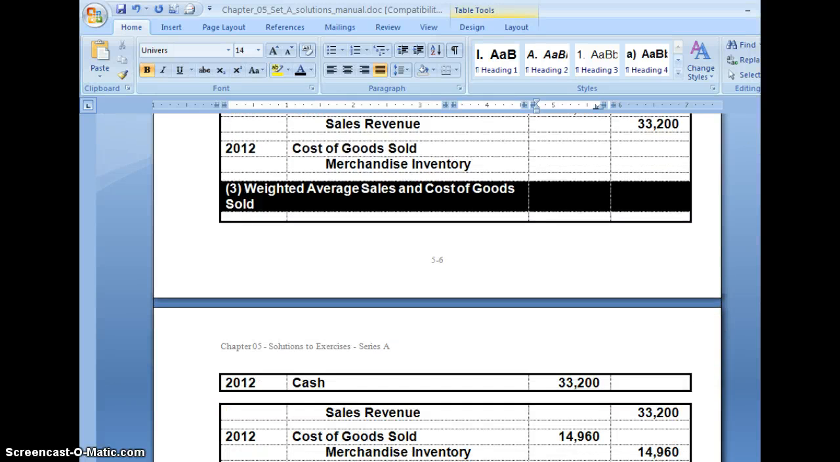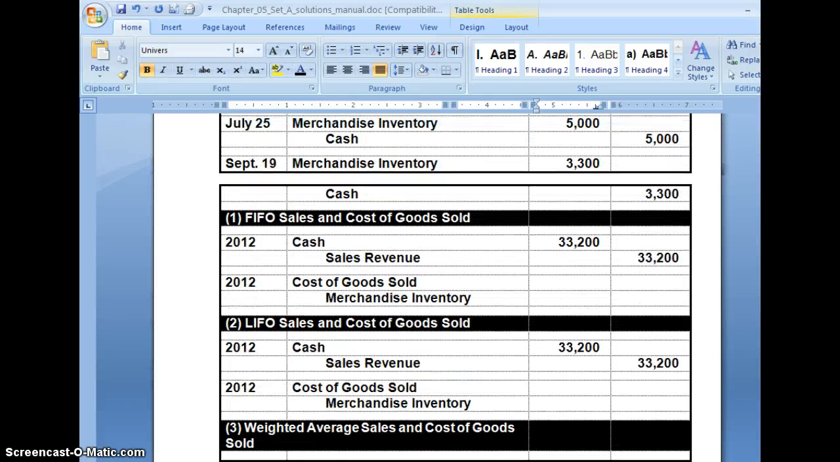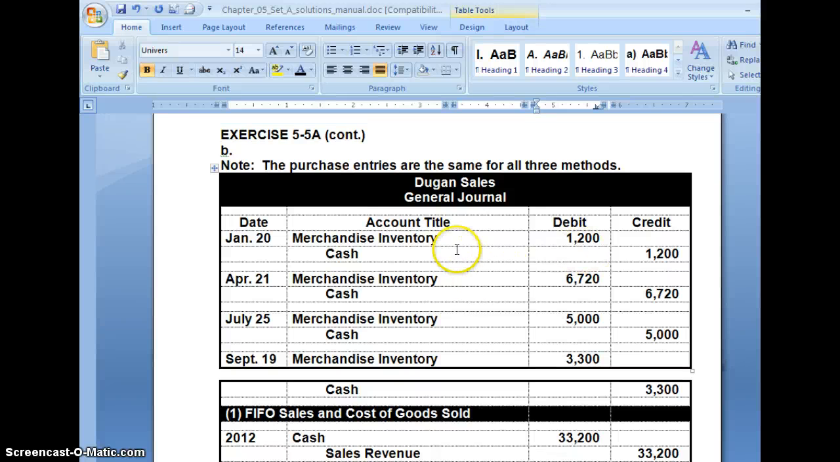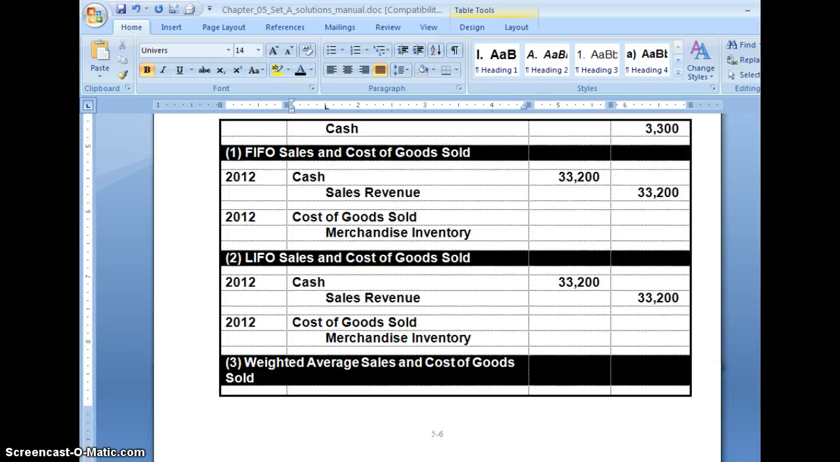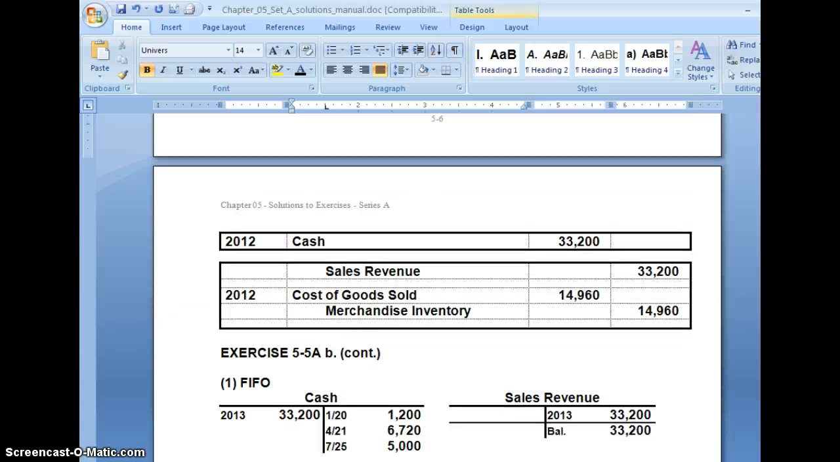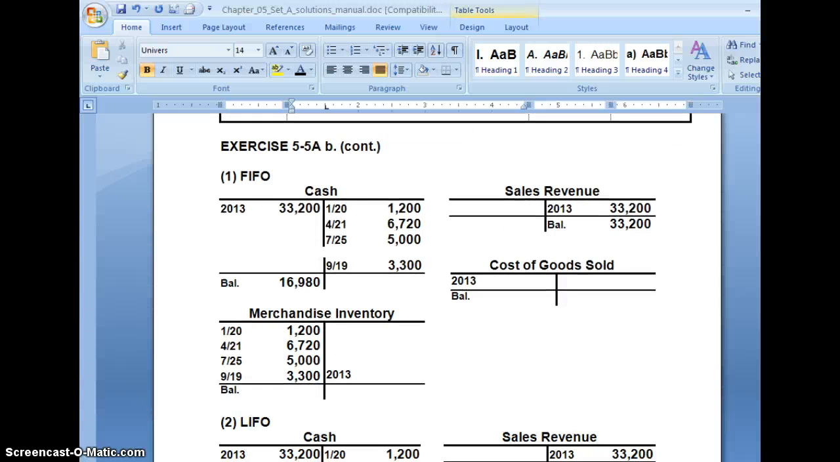Now, when you're going through the general journal, all you're doing is you're recording right here. The purchase entries are the same for all three methods. Okay, purchase entries are the same for all three methods. Merchandise inventory, $1,200, inventory went up, cash went down. You're just following all the transactions, the 4 transactions. And then you get to the journal entries right here,